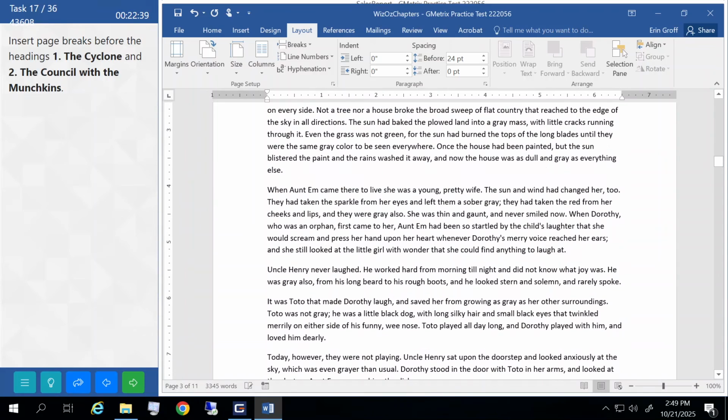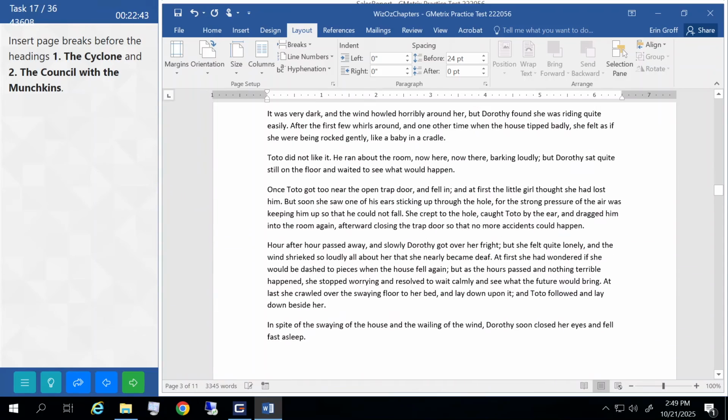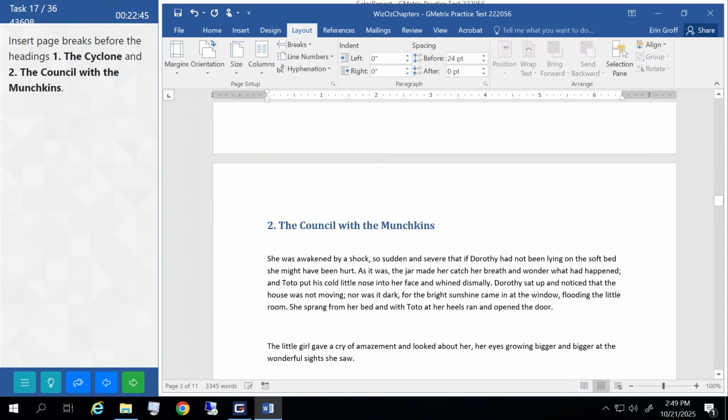Now we want to do that to our second heading. And when we get to it, you can see that number 2 is already on a page of its own. So it's already starting a new page. But you still want to add that page break, because even though it's not going to move it, it's still